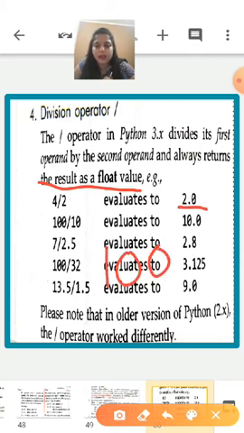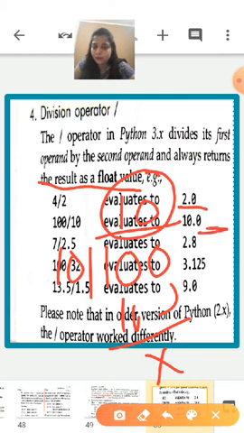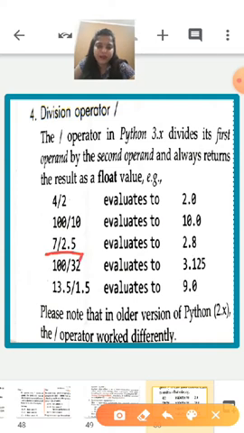So 100 divided by 10, 10 tens are 100, you are getting remainder 0. So 10 is the answer. So instead of 10 you will write 10.0. Okay, getting my point? Now 7 divided by 2.5, you will get 2.8. In this way the whole procedure works.